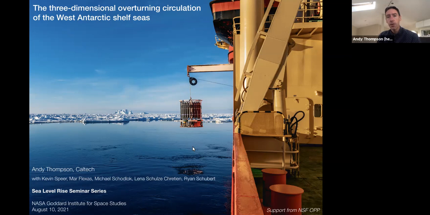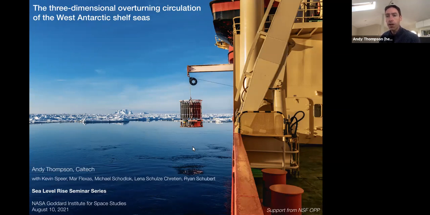I'm going to talk mostly about some recent work we've been doing in the Bellingshausen Sea, but I'm going to try to emphasize the importance of the connectedness between the different shelf seas in West Antarctica and potentially different drivers of what I'll call the overturning circulation on the continental shelf. So what I'm planning for today is to give a little bit of background,